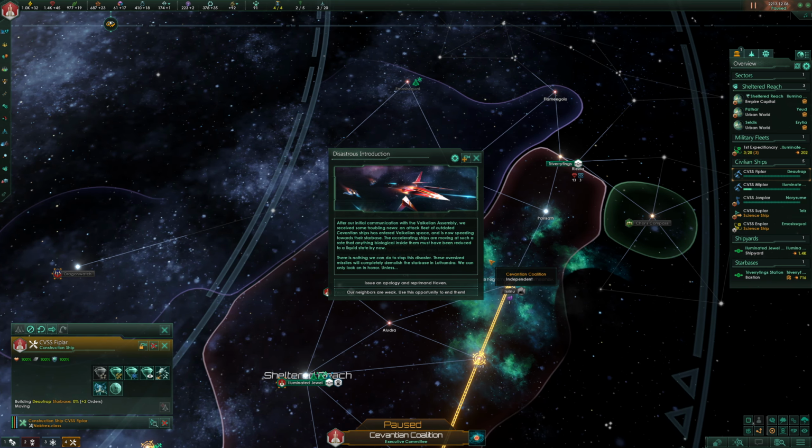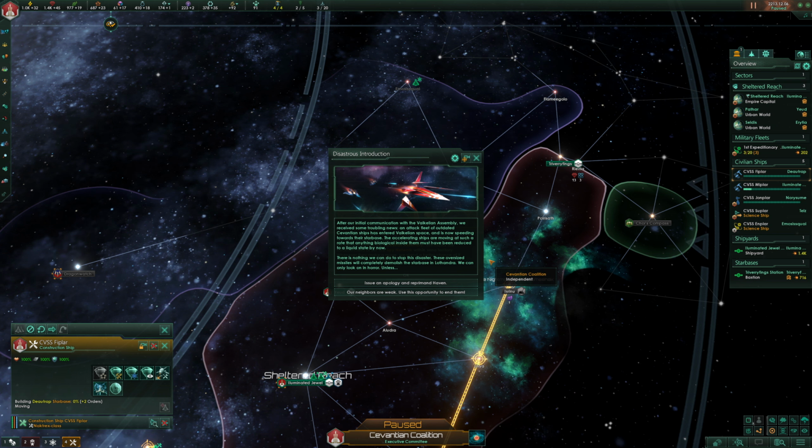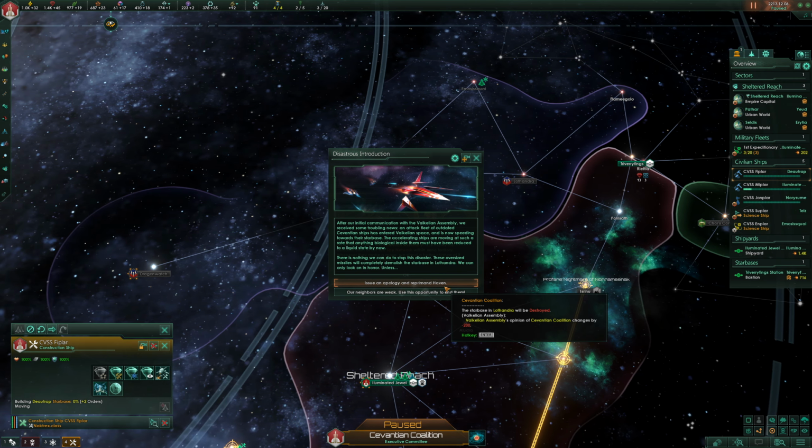After an initial communication with the Valkylian Assembly, we received some troubling news. An attack fleet of outdated Saventian ships has entered Valkylian space and is now speeding towards their starbase. The accelerating ships are moving at such a rate that anything biological inside them must have been reduced to a liquid by now. There's nothing we can do to stop this disaster. These oversized missiles will completely demolish the starbase in Lothandia. We can only look in horror unless...